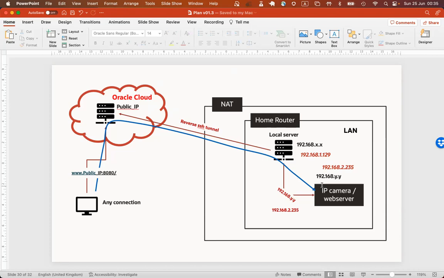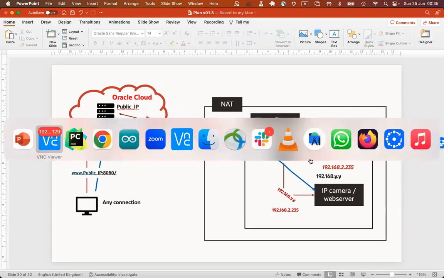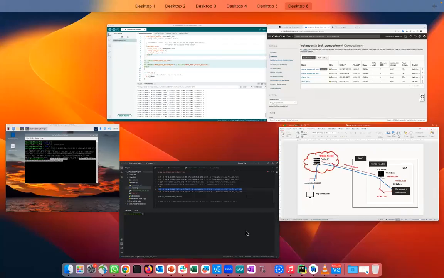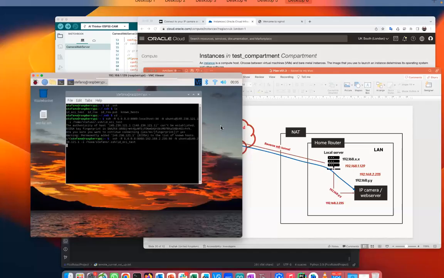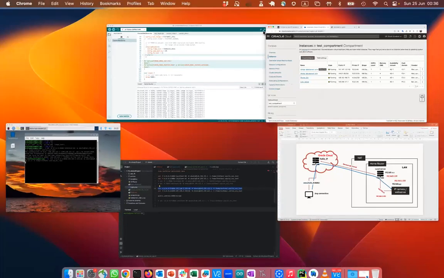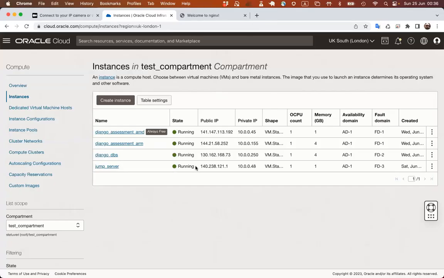But technically, this is the IP address, so the web server that we just saw that is connected to the camera on the ESP32 cam. Now, we go back to where we were here. We have to launch these. So now it should work. It should be working. And what we have to do is take this IP address